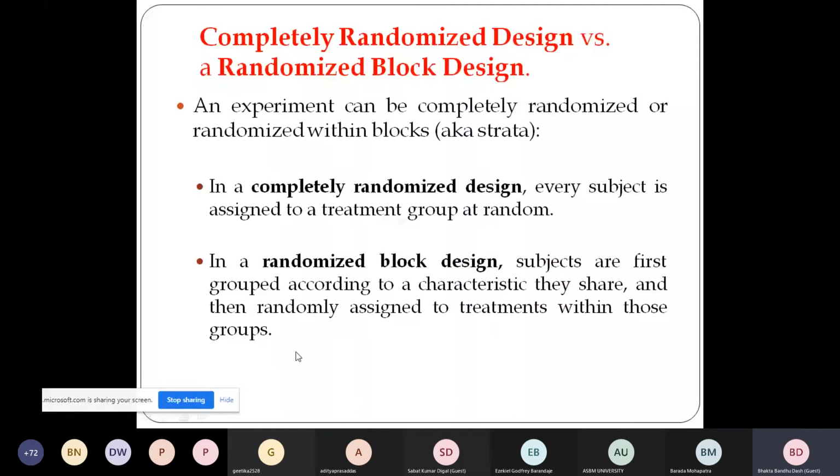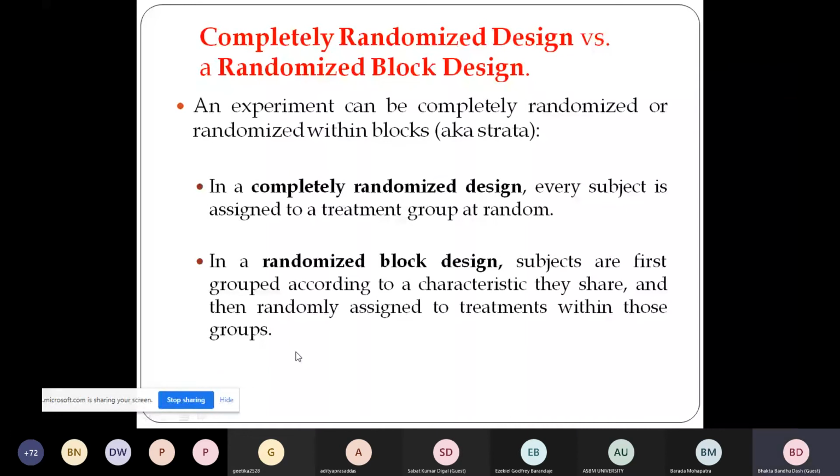But randomized block design is what? Say out of 100 students, you distributed 50 boys and 50 girls. Out of 100 students, 50 students you made the control group, 50 the experimental group. In the experimental group, 25 boys you are giving training, and 25 girls you are also giving training. In the control group, 25 boys you are not giving training, and 25 girls also you are not giving training. You assess what is the difference of training, number one, and what is the impact of gender, number two. That can be a randomized block design. I will show you now.